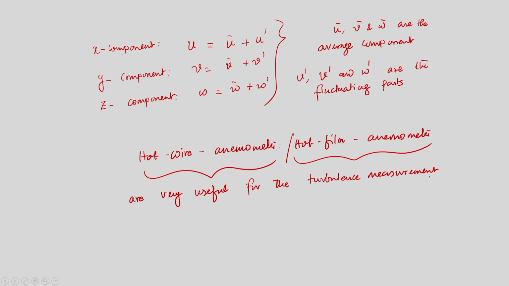So, if the flow is turbulent, then these two different methods are used. I cannot say only these two methods are used, there are many other sophisticated methods available in today's experimental fluid mechanics paradigm. So, these two methods are very useful for turbulence measurement, that is what we have discussed in the context of flow measurement, and today we will try to see how we can really measure this turbulence using this technique.